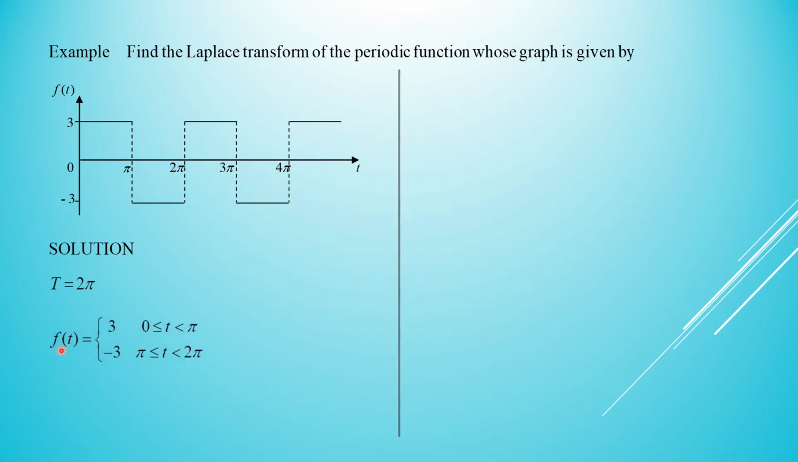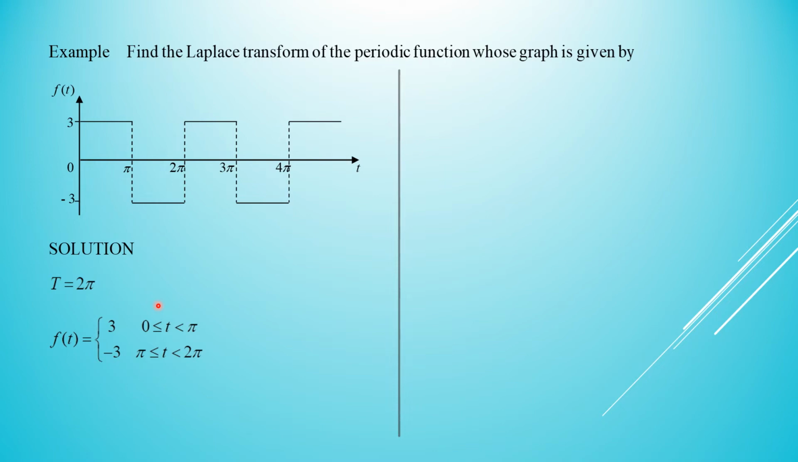Okay, so f of t is equal to 3 for t larger than or equal to 0 and less than pi. So this is the first subinterval, and it is equal to negative 3 for t larger than or equal to pi and less than 2 pi. So this is the second subinterval for the function f of t within the first cycle. Okay, so this is the description of the function f of t in the first cycle, and we want to